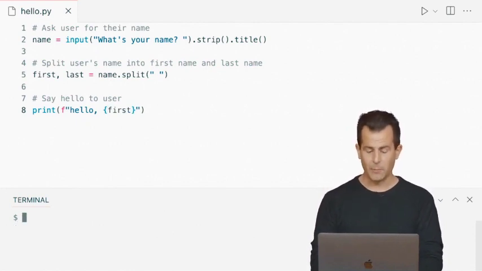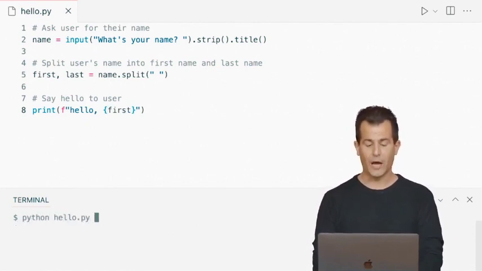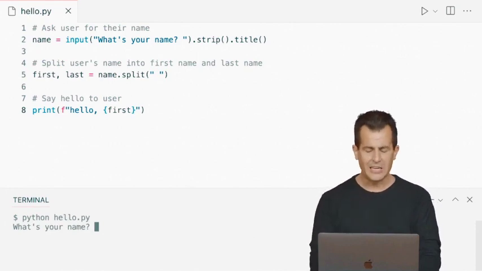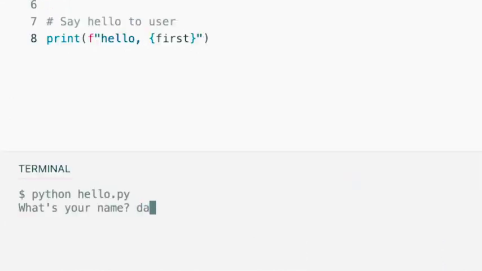All right, let's go ahead and clear my terminal window, run python of hello.py, and hit enter. I won't bother with any leading white space this time, but let me go ahead and type in David space Malan, and crossing my fingers as usual, hello David is what we now see.